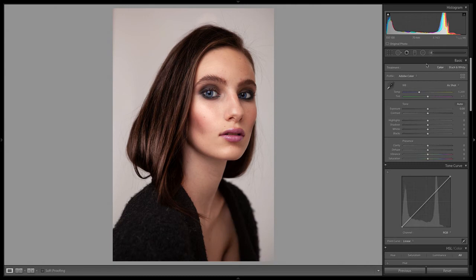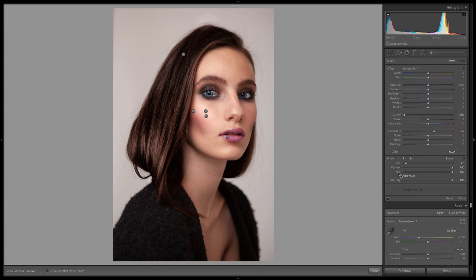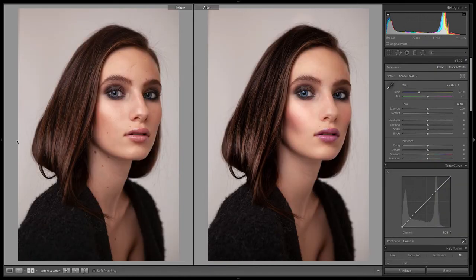The last thing, I am going to just add a quick softening of skin brush. So let's go ahead overall, create a new brush, go down to soften skin. This one, we're going to turn off auto mask. We're going to turn down the flow just a little bit. We're just going to go over all our skin really quickly. Just a quick softening of everything. It's looking pretty good. All right, so one more time, the before and after, definitely a little bit more stylized, but definitely that commercial style of editing over here on the right-hand side. And that's what you can do, putting together all of the skills that you have.